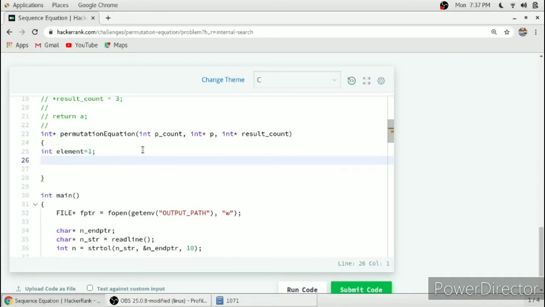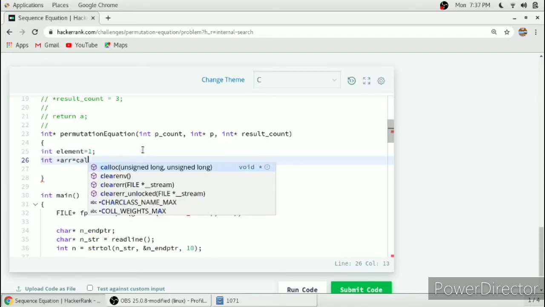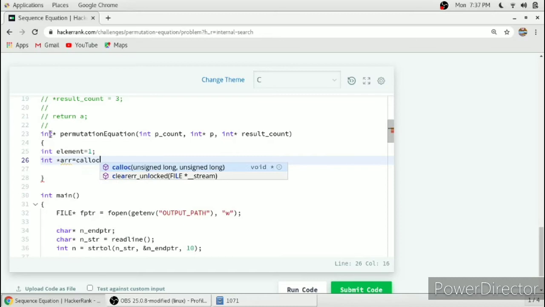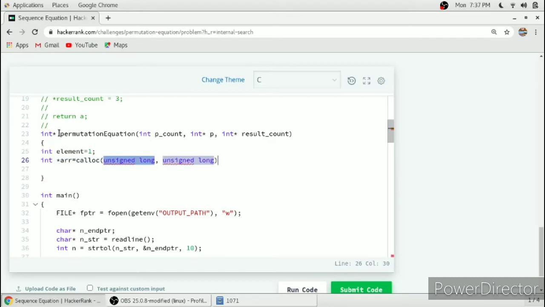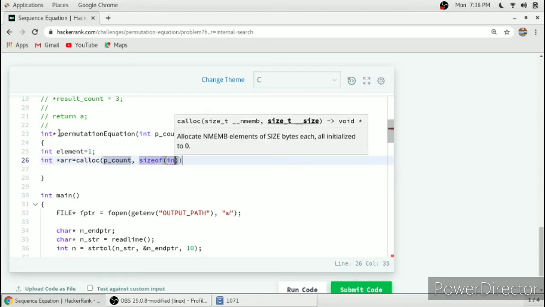We will need an array, a dynamically allocated array, to be returned. As you can see, the return type is integer pointer, so we have to return an array of size p count, and each element size is size of int.